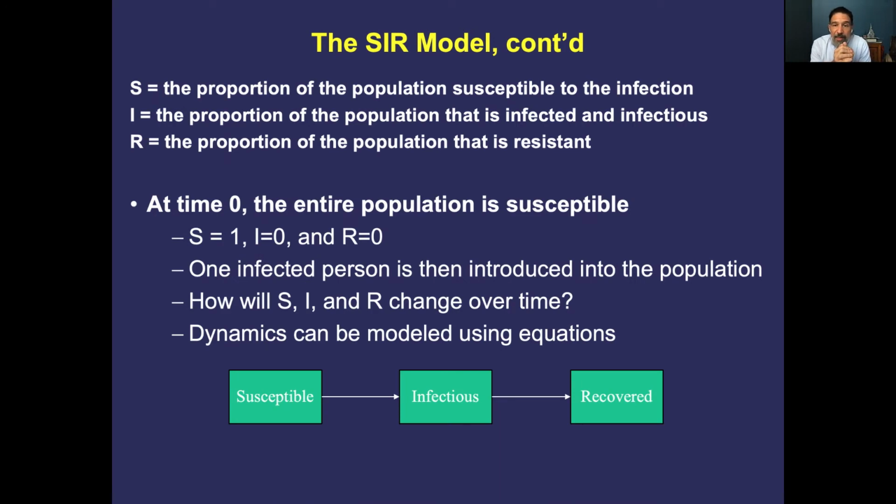Starting at time 0, before the model begins to predict what will happen in a hypothetical population, everyone is in the susceptible group. So S equals 1 at that time, the number infected equals 0, and the number resistant equals 0. Then you go through the exercise of introducing one infected person into the hypothetical population, and the model will calculate how S, I, and R will change over time given what it